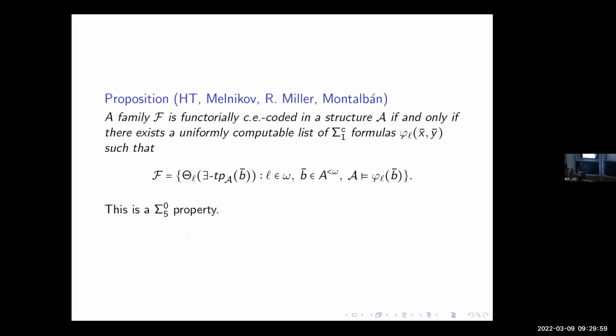And in this case, you can get a nice characterization, right? You can get this characterization with the sigma 1 formulas. So basically what you should think of is, if the way that something's coded is nice and behaves nicely with respect to isomorphism between different copies, then there has to be a really good structural reason for the family to be coded. And if you count the quantifiers here, this is a sigma 5 property, so much simpler than pi 1 1. So maybe the moral here is that when things are coded in ways that behave nicely, you can come up with good structural characterizations. When things are coded in some arbitrary way, sometimes there's no good reason why that happened.